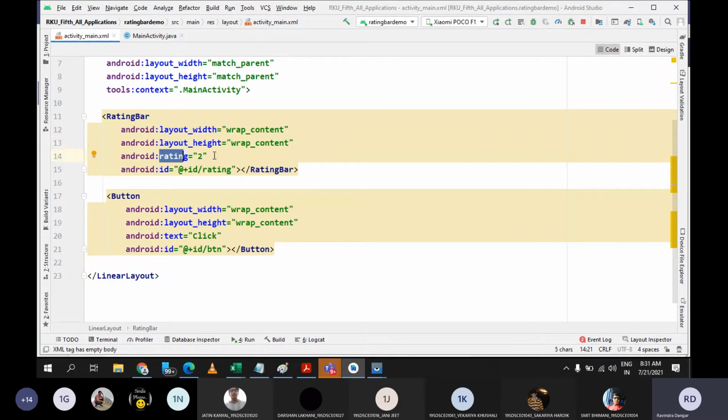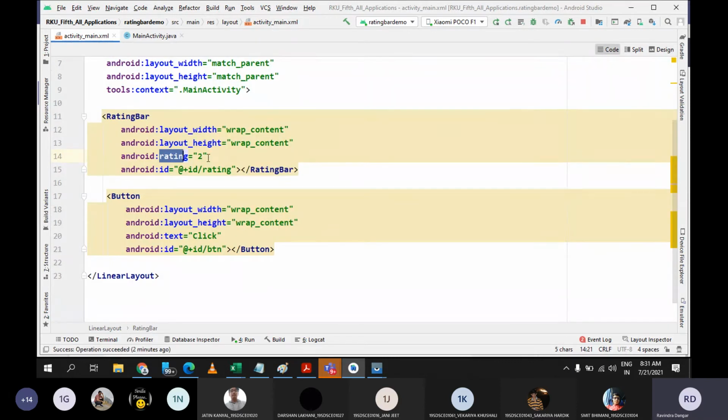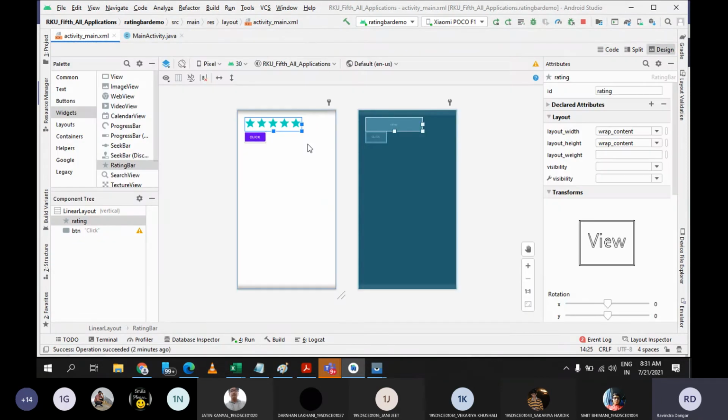So if I'm using android:rating and I'm giving value 2, what does it mean? Whenever I launch this application, by default 2 stars will be selected. You can see here. So the user will just have to click on this button. So it is always better that you set a rating of 5 in your application and just launch it, so that by default you will get 5 star.